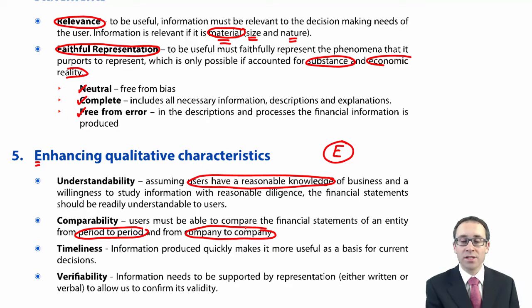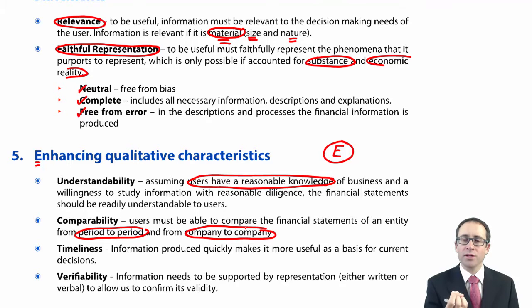The other enhancing qualitative characteristic there is timeliness. So you need to get the information quickly. Obviously, the quicker you get it, the better it will be. But sometimes the quicker you get it, that reduces the relevance, doesn't it? So there's a bit of a balancing act, isn't there? We want the most relevant information,